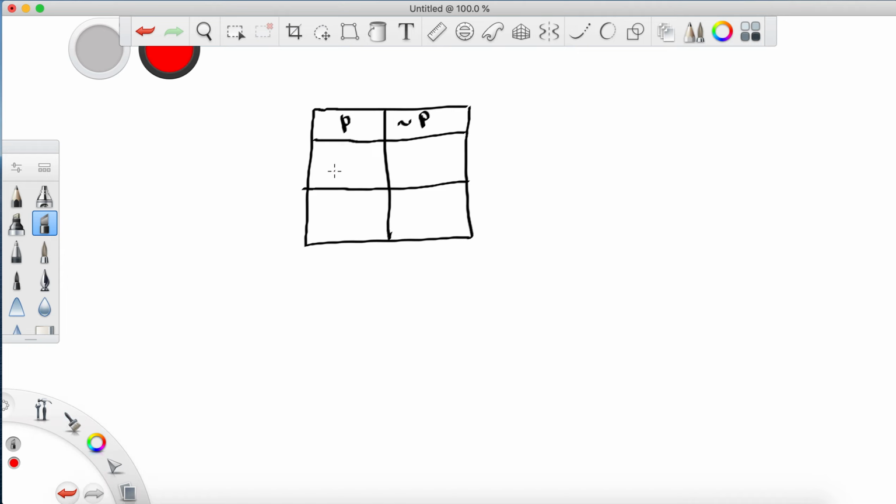It could be either true or it could be false. And if P is true, then not P is false. And if P is false, then not P is true. Okay, so this is negation,